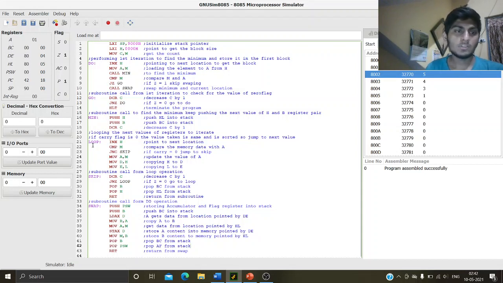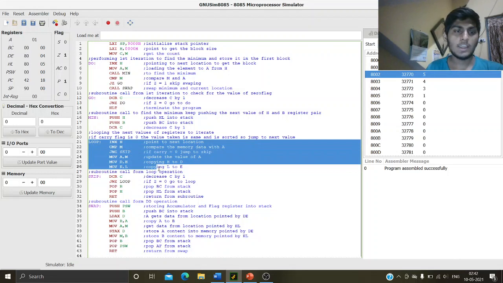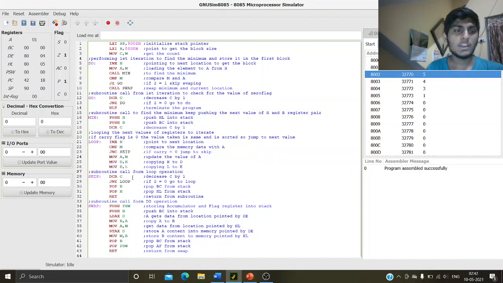Now for the next iteration, we have the loop operation, and then we have the skip subroutine call, which we will be using in the loop operation. Now in the loop operation we will increase the value of H by 1, which will point to the next location.